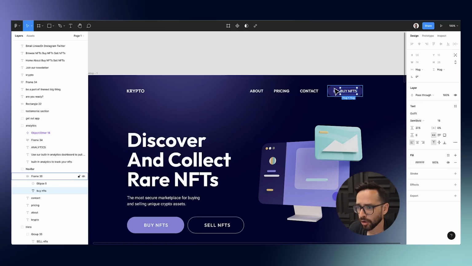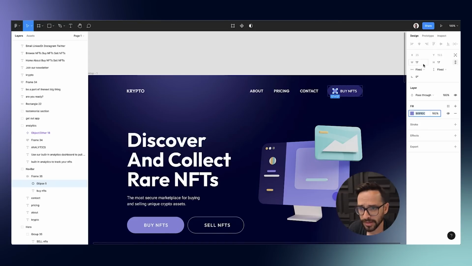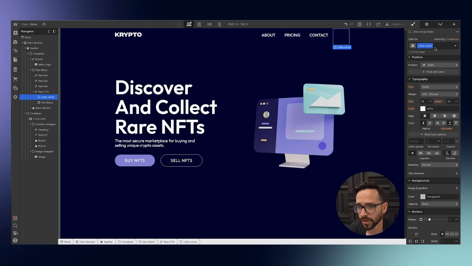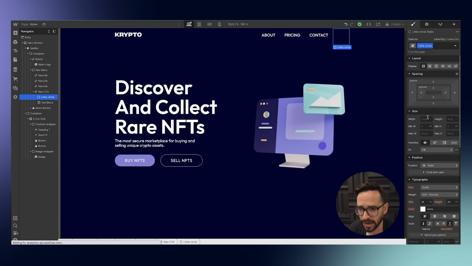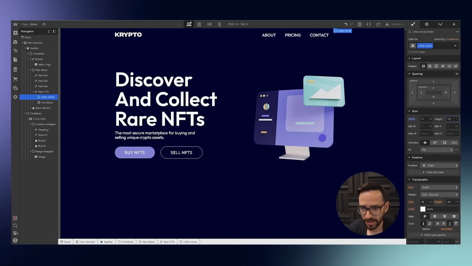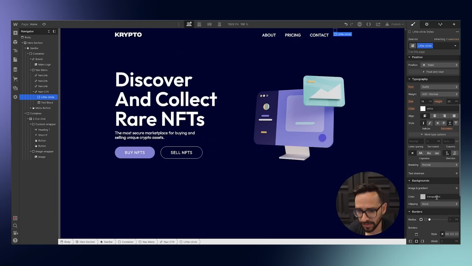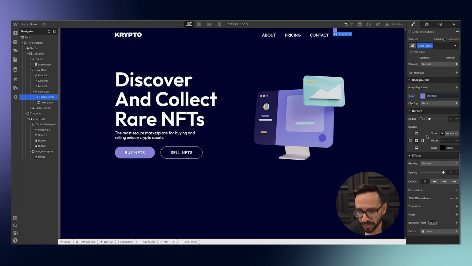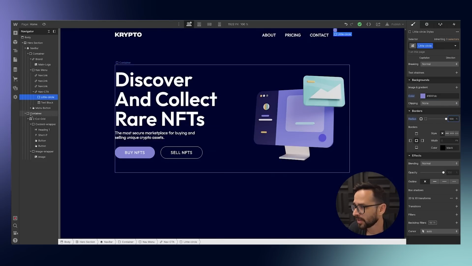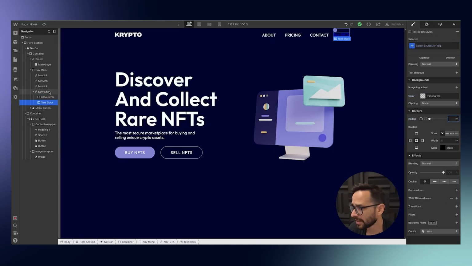And let's take the color from here and also look at the size of this. So this is 17 pixels wide in height. So let's start with the size. Let's go here and make it 17 by 17. Let's give it a background color. Let's paste this background color. So now we have a little rectangle. But just by adding a bunch of corner radius, like 100%, it's turned into a circle. So now we have the circle and we have a text. We can start